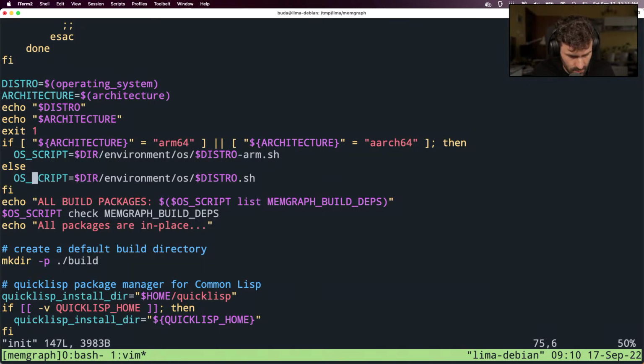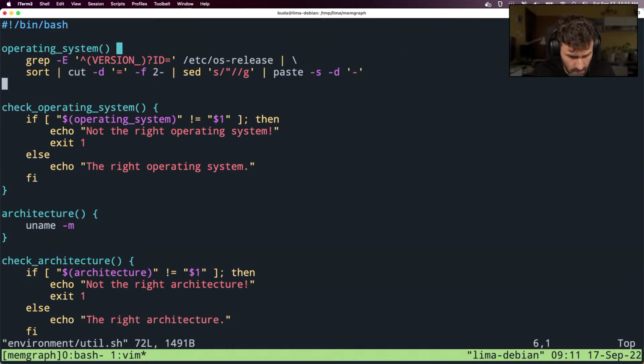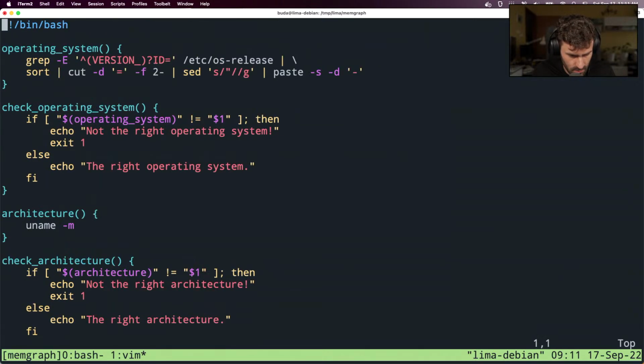So we print that's Debian 11, and then architecture we add Debian 11 ARM is the operating system, and this fails because OS script fails. Vim environment util. Operating system architecture, and